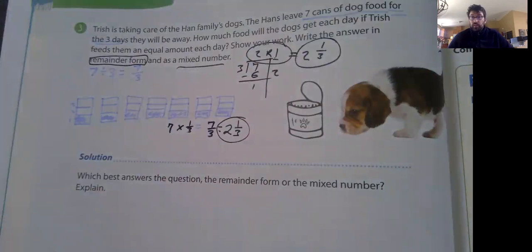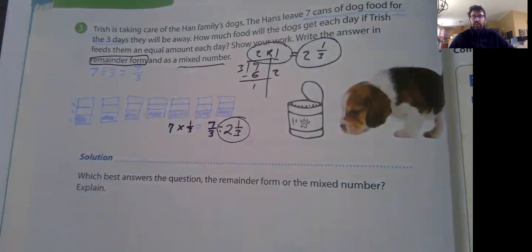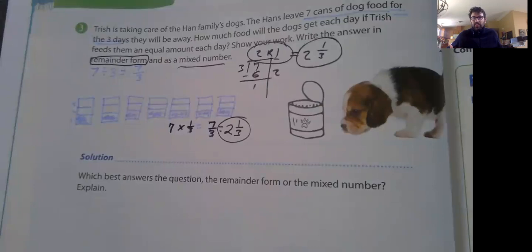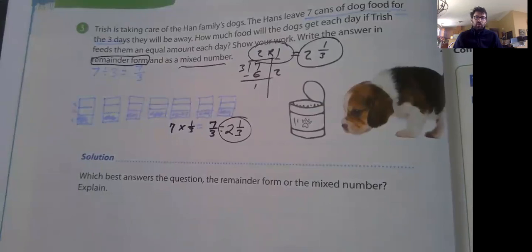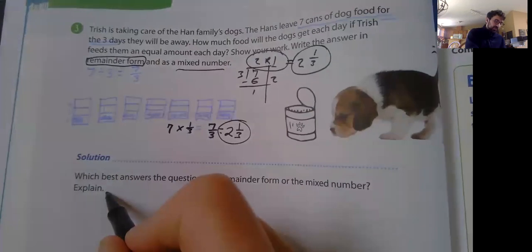Well, hopefully you're seeing that the mixed number form does, because it tells us exactly how much. It's telling us that 2 and 1/3 cans. When you say the remainder, what does that even mean exactly? Remainder of 1 can. It just gets a little more confusing, whereas it's 2 cans and 1/3 of a can that you would use for this day, right? And so the idea is that the mixed number